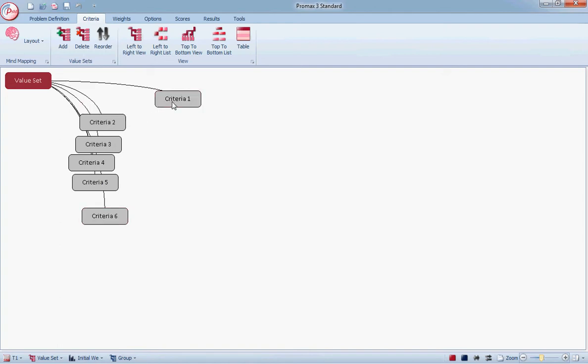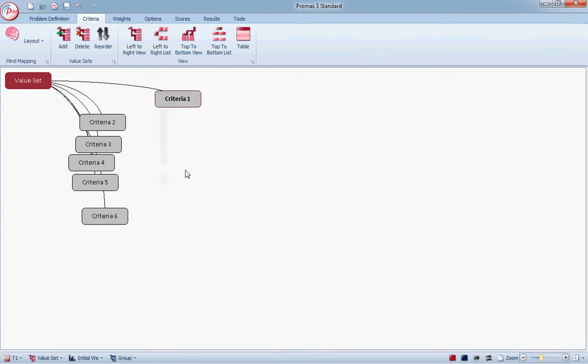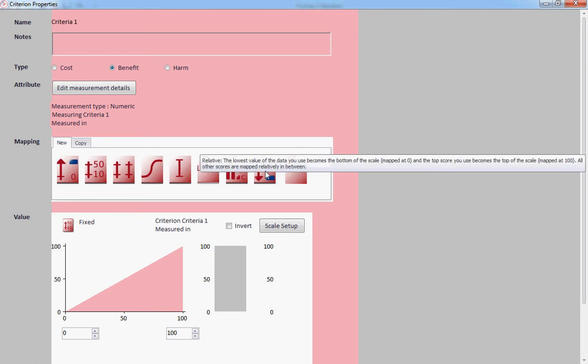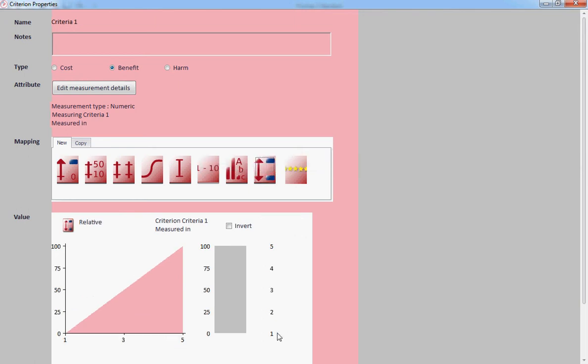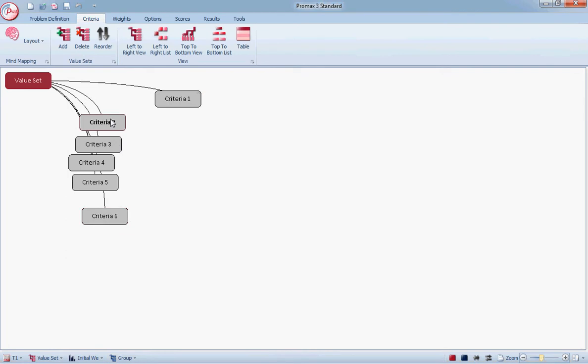Next thing is just to make sure that the value mapping is correct, so right click the criteria, go to properties, and the properties box will come up and you can see it's a fixed scale 0 to 100, so because we're using a 1 to 5 scale we're going to use a relative mapping, and that basically means 1 is worth 0 and 5 is worth 100. So click OK, and we do this for